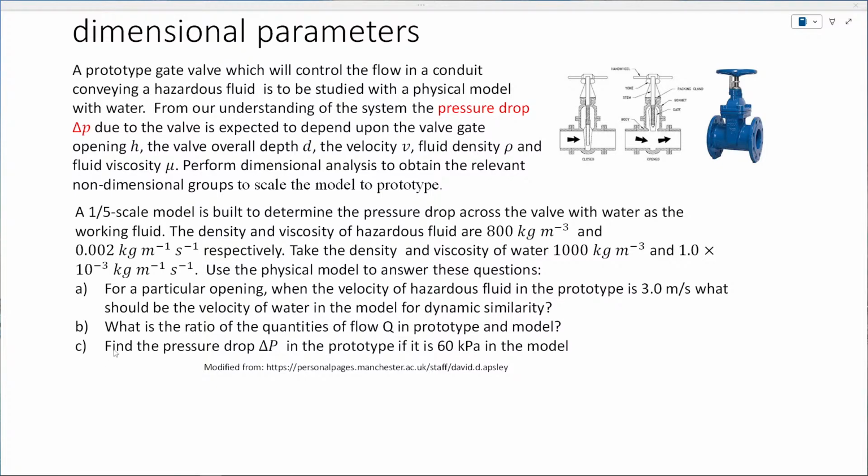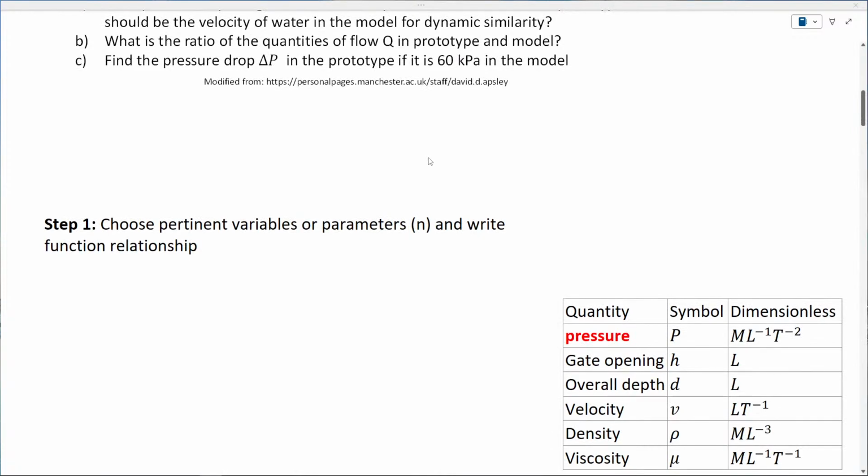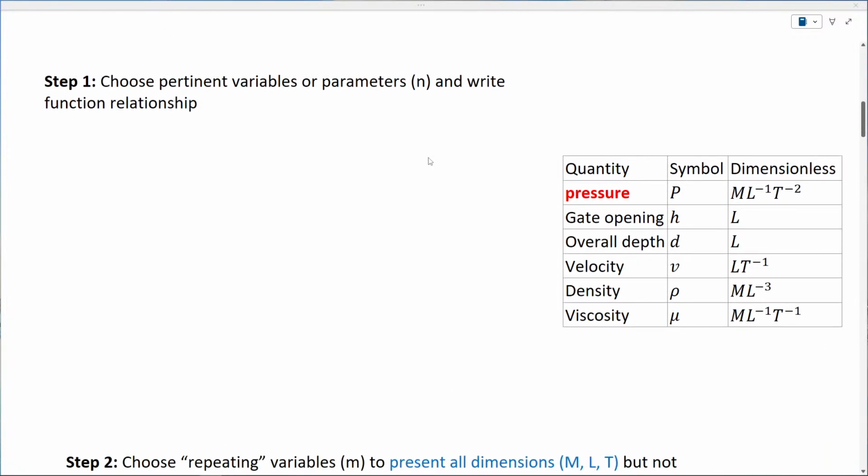What would be the pressure drop in the prototype? So can we do this? Yes, so the first step is that we need to find our dimensionless parameters because now we have 6 variables. We don't want to design an experiment with 6 variables. That is crazy, yeah? If you do the permutations of this, that would be something crazy. But now we know that we can find our